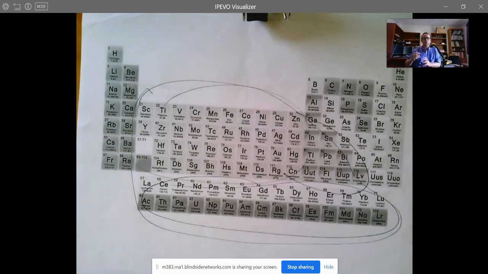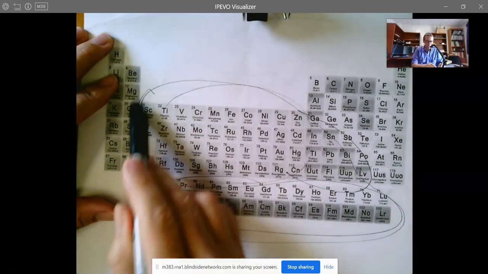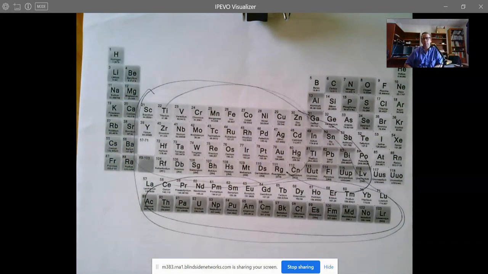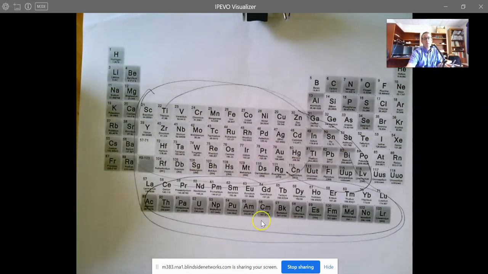Okay, good. So, in the past, we would just basically say anything in this region had the chance of having multiple ions or multiple charge states, multiple oxidation states. And that's it. We would just leave it at that. But now we have a tool using our electron configuration and our orbital diagram. We have a tool that can predict how our ion is going to stabilize itself. Okay? So,